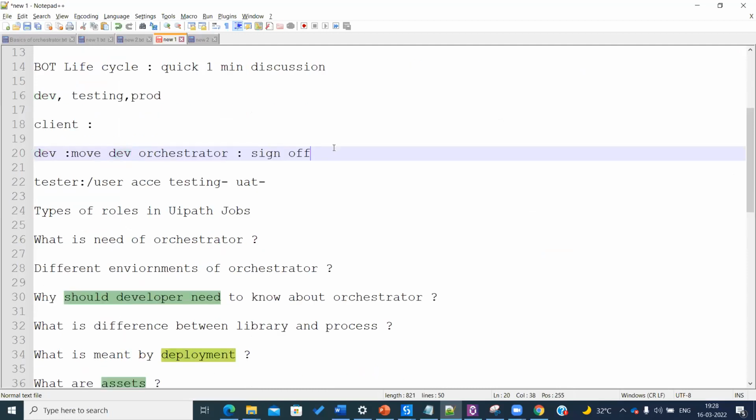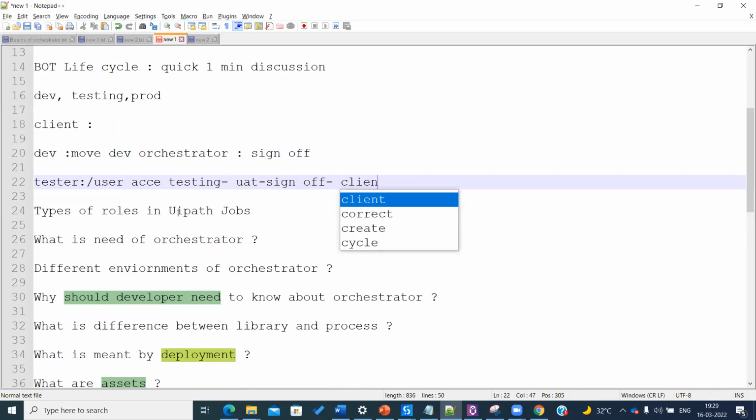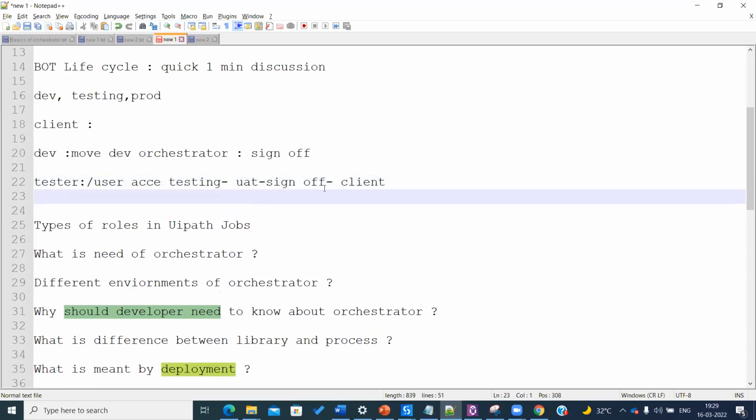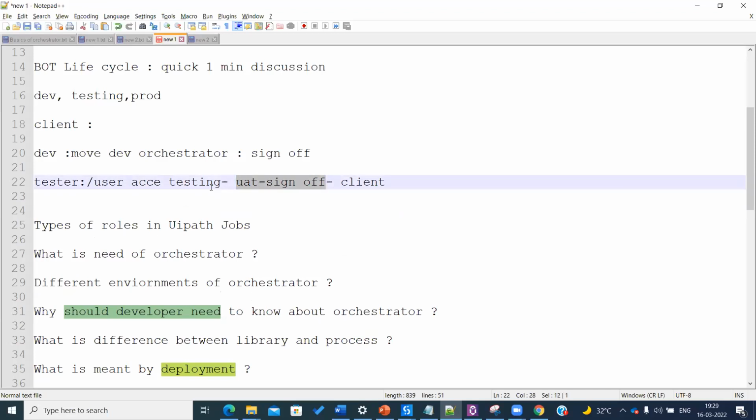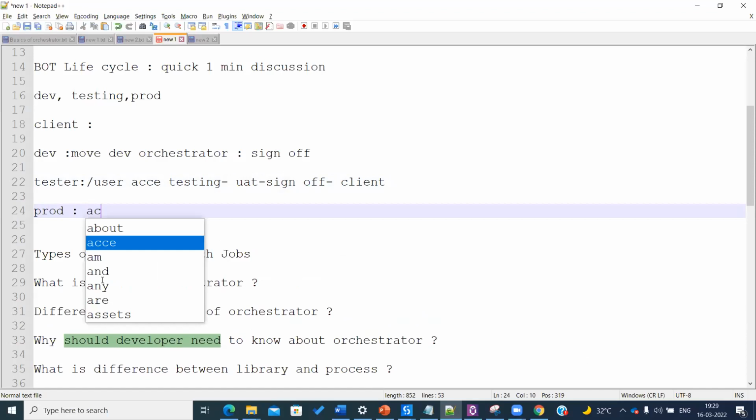Now the developer completes his development activities, and once you get the UAT sign off, which will be given by the client, what is sign off? Sign off means that for the development work you have done so far in your UiPath Studio, somebody says, I have tested this and it is working fine. After you get this UAT sign off, you move this bot, because we are developing bots, to production. Production means live, used by actual customers, actual users.